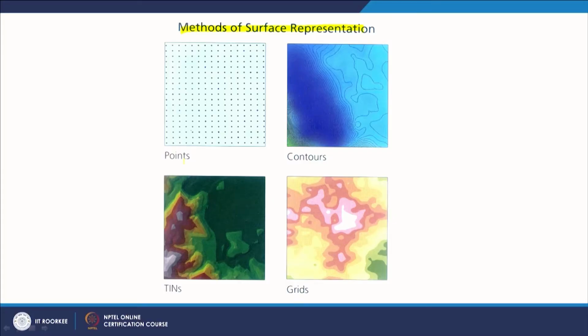Now, methods of surface representation in a nutshell. A point becomes basically input, though here it is a systematic collection of points, but still it does not give any feeling of the surface, or any pattern or anomalies which are present about a particular property. Whereas contours can give you a feeling of terrain or a surface, but the most appropriate surface representations are either a grid after interpolation in the form of a raster, or TIN, which you see here, which we have just discussed, and that is triangulated irregular network.